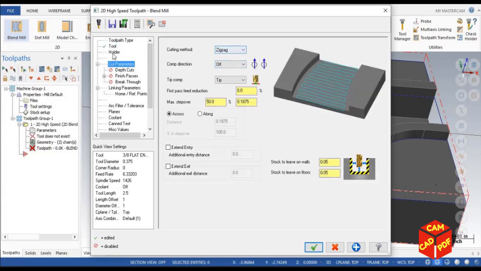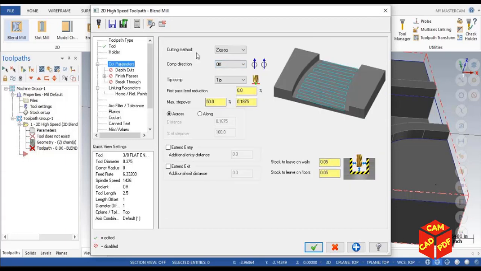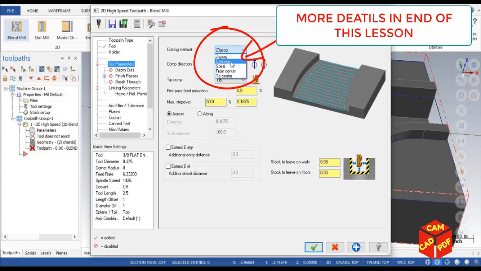Over here go to zigzag. You can change your speeds and feeds, but I'm gonna leave it here for default. So go to cut parameters, go to zigzag. That's gonna be a cutting method. We have 5 cutting methods over here. I can explain this later at the end of the video, and for now we're gonna